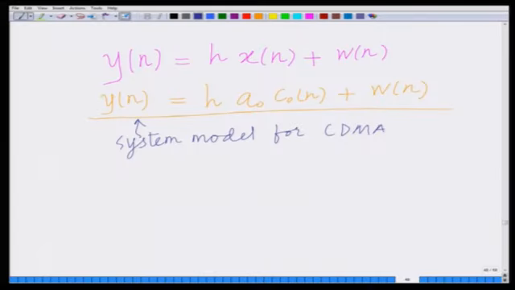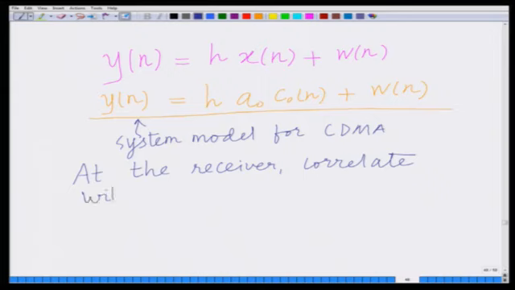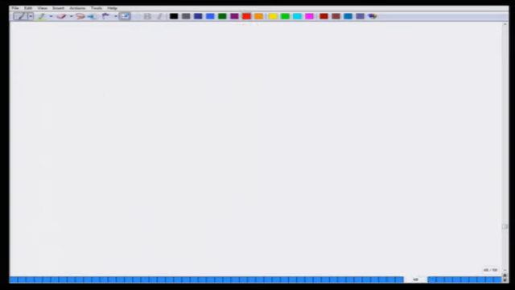So, at the receiver we process and correlate with the code of user 0, which means I have to perform 1 over N summation of y[n] c0[n], that is element-wise multiplication, sum, and finally divide by N. This is my correlation